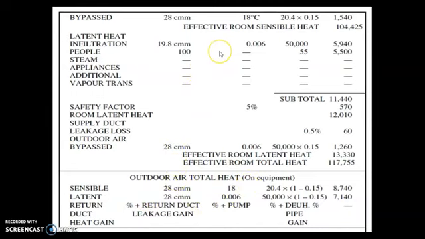Next, we consider the effective room sensible heat and the infiltration value. The heat gain due to infiltration is 5940 watt, and the latent heat of the people is 5500. The total value is 11,400. So this is the final effective room latent heat value,